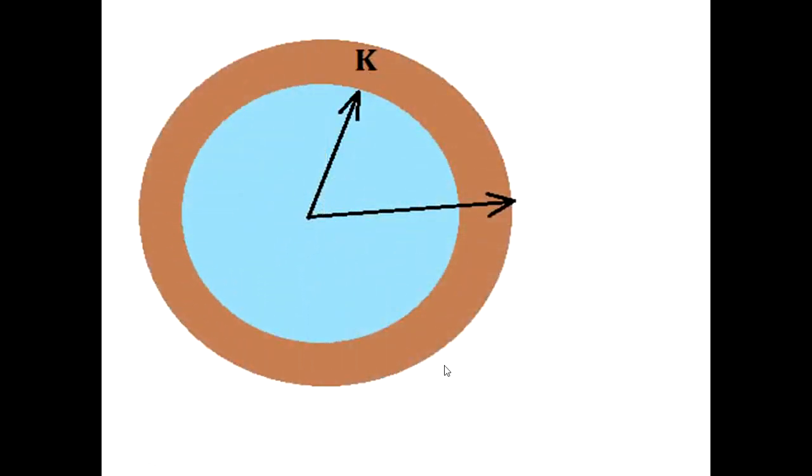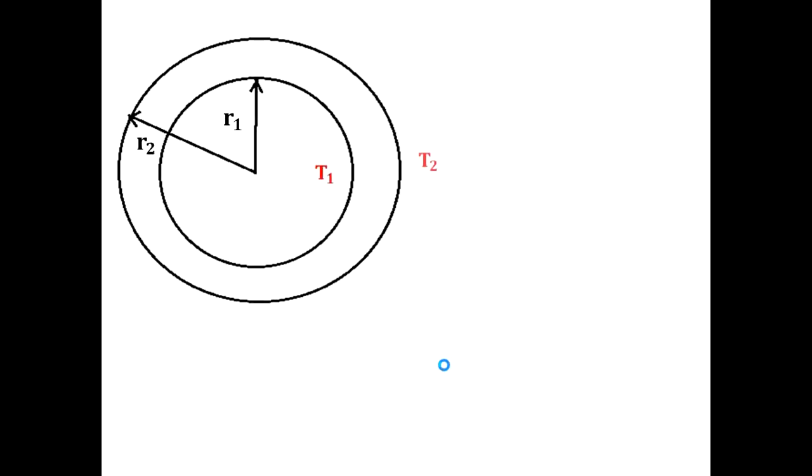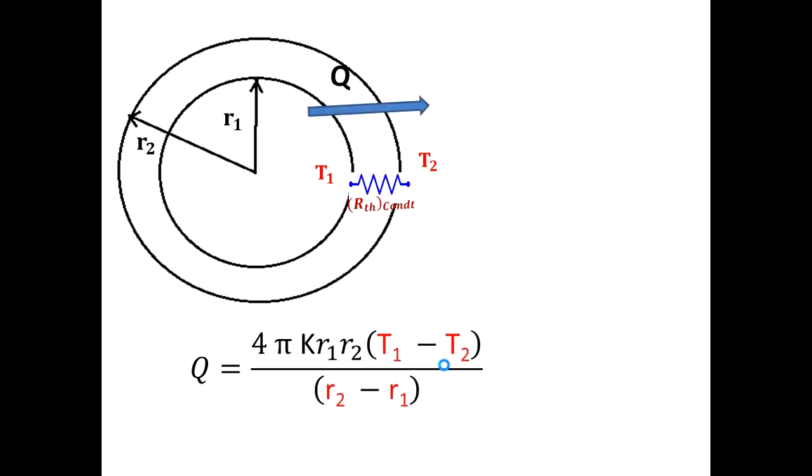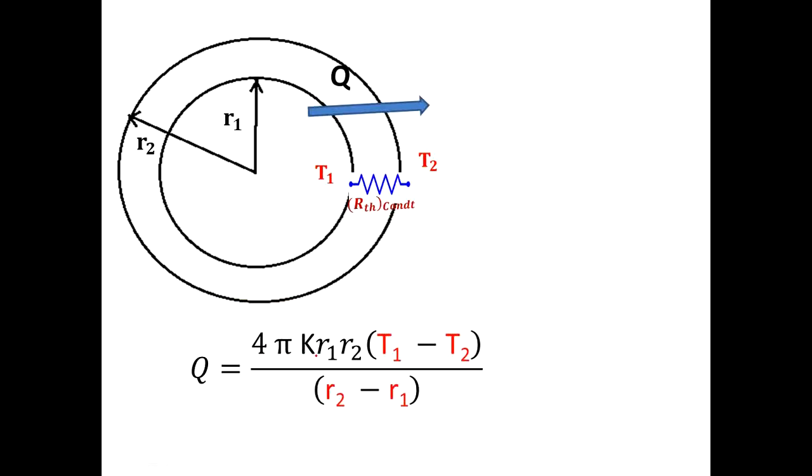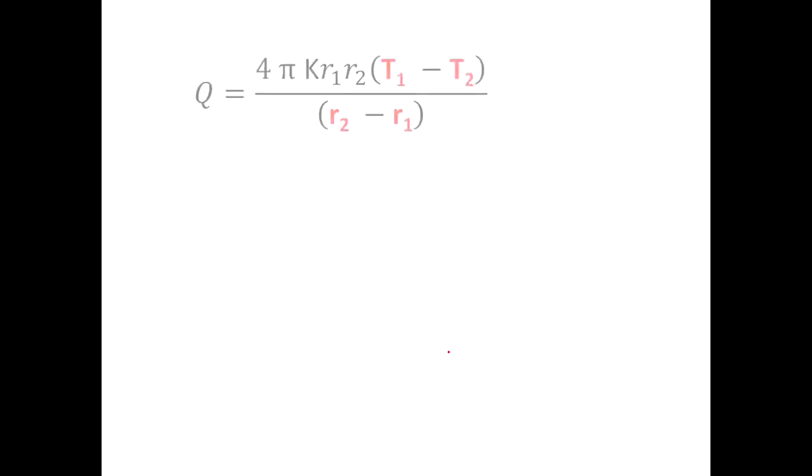Similarly, due to the solid material, R1 and R2 both you have to consider, with temperatures T1, T2. In the sketch itself, note down conduction. So the equation will be 4 pi K R1 R2 of T1 minus T2 divided by R2 minus R1. This can be derived by using the three-dimensional equation. That needs to be integrated, and then you take the constants C1 and C2, and finally you arrive at the equation Q is equal to 4 pi K R1 R2 of T1 minus T2 divided by R2 minus R1.